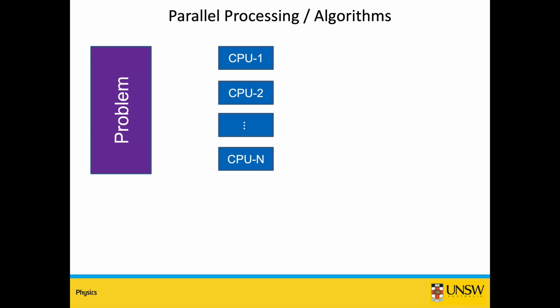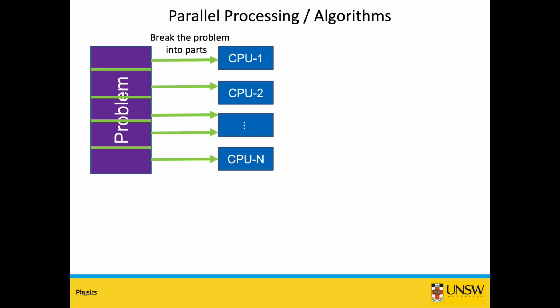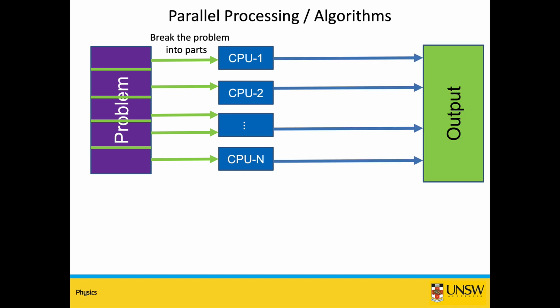So if you have some algorithm, some problem you want to distribute, and you have a number of CPUs, you want to distribute your problem to all the CPUs. So you have to divide the problem into parts and then save each part to a different CPU, and then each of these CPUs can process their parts and write the output in a file. Or, after finishing their processing, these CPUs can transfer all the data to a master CPU, which accumulates and processes the data and then writes it to a file.